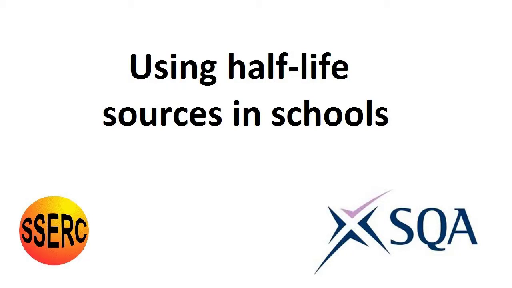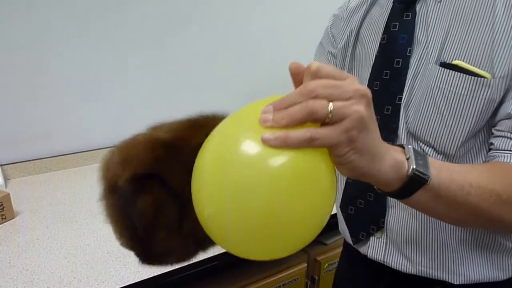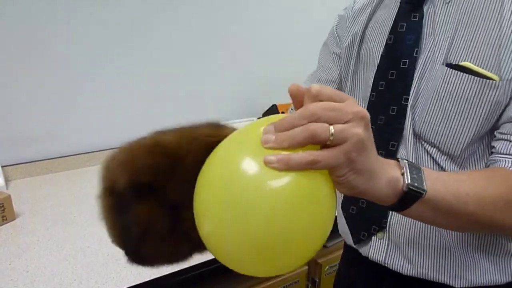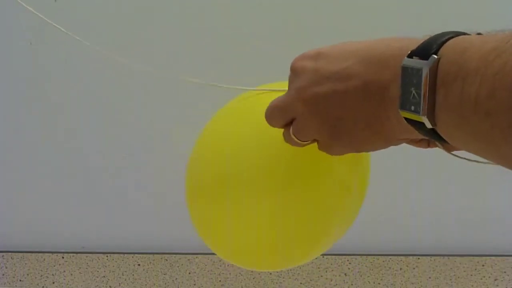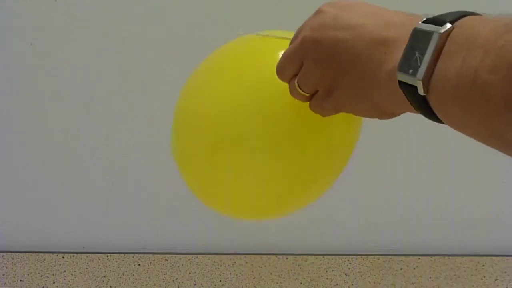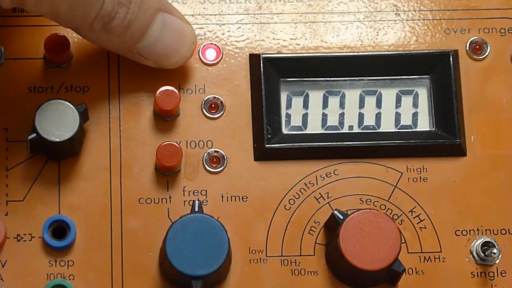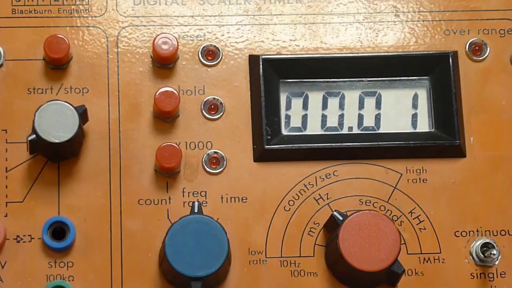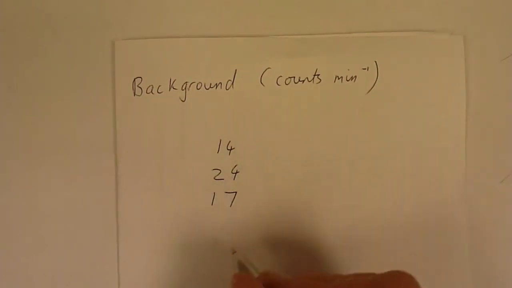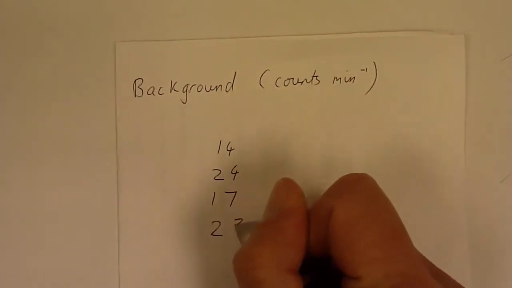In another video, we looked at a method of studying radioactive decay using a charged balloon. The daughter products of radon decay adhered to the balloon. These daughter products were themselves radioactive, and we used a Geiger-Müller tube and counter to measure emissions. As more than one different radioactive element was present at any one time, this experiment could not be used to